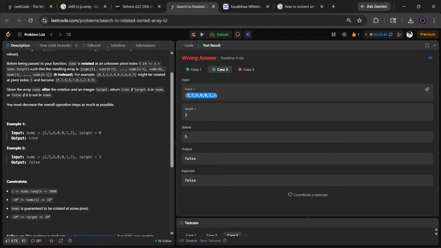This thing also will be rotated, right? Then how did this work? Since the target is 3, or we did not even have the target 3 here. And for this thing, we got it in the middle itself, so this ran, I guess. But here,